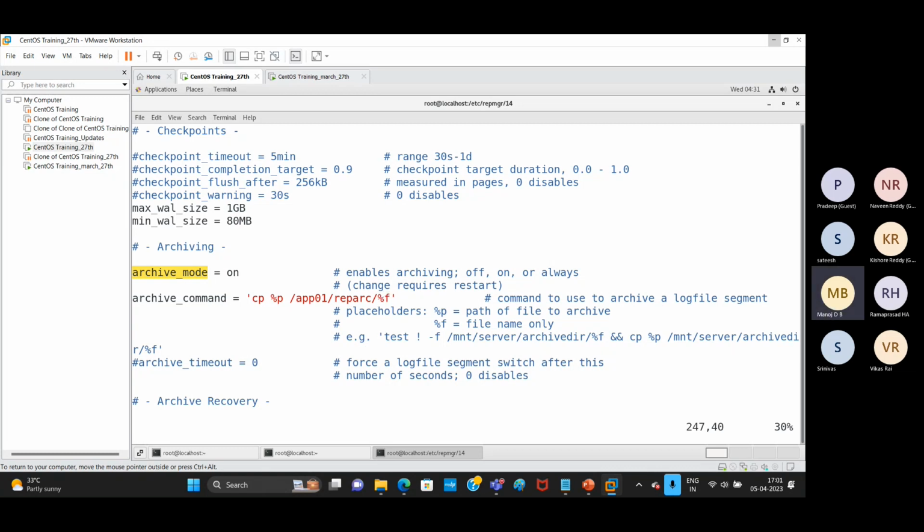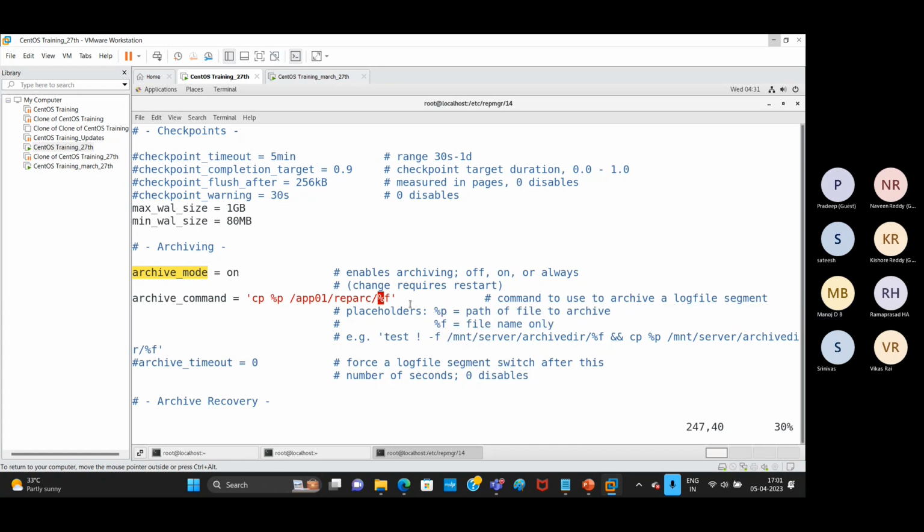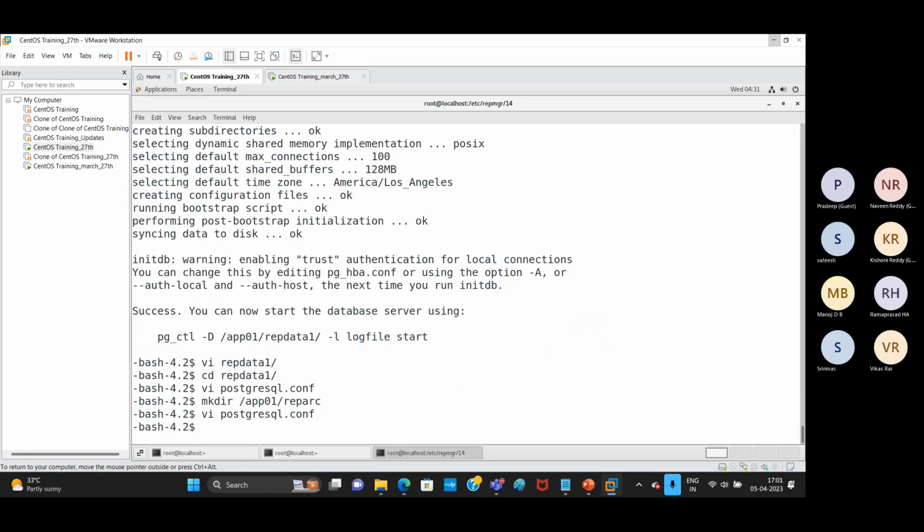Okay, I specified percentage. See here, guys, here also it is mentioned percentage means the path of the file to archive, and this is the file name. Okay. So now once I'm done, what I need to do is start